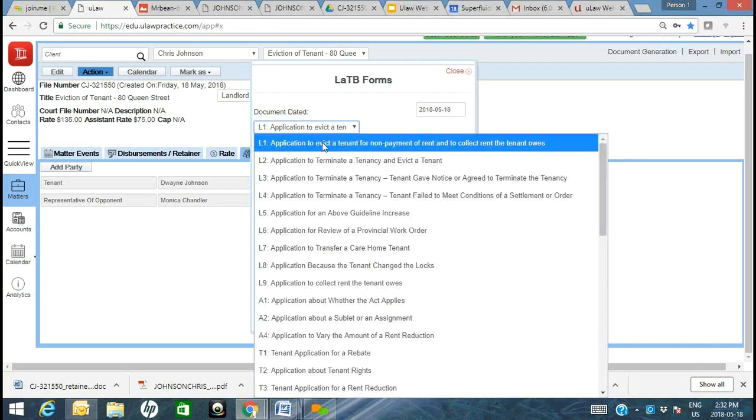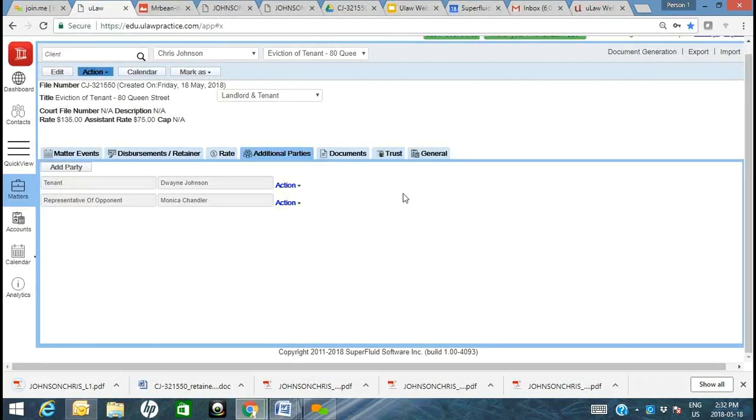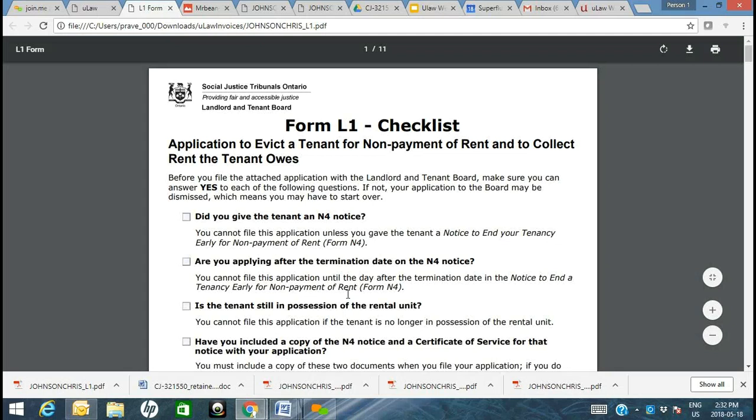So we wanted, this was an application to evict a tenant. Let's say that's the first court form. If there's a claim number, you can put that in as well. And you would hit the download button. Now, as you probably already appreciate, each silo of practice, each court form does come up in its own style, because there are certain documents that are in Word. There are certain documents such as landlord and tenant, which are in PDF. These are editable PDF forms. And we provided it to you in the same, very similar,